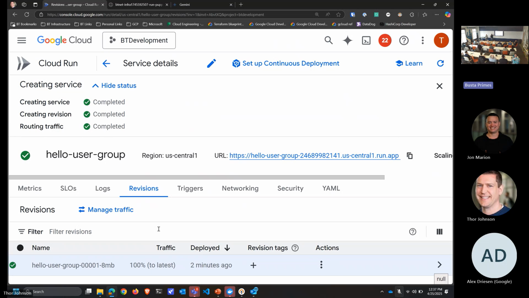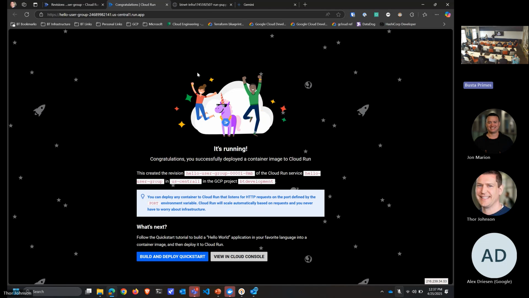So let's go ahead and hit this container. If you go to this URL, you can do custom URLs. We run all of our stuff through Google load balancers. So it gets a bit hairy when you go from MIGs to running in this Google service. How do I get my load balancer to go to that service? It's called a serverless NEG.